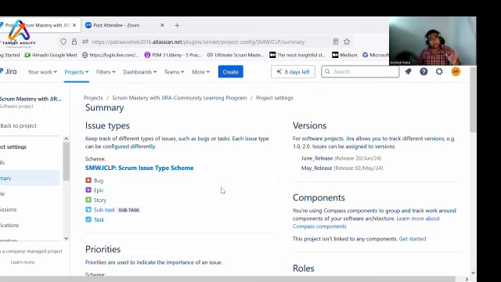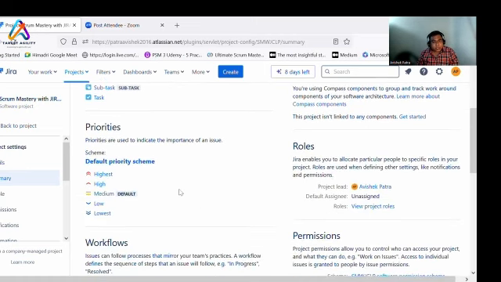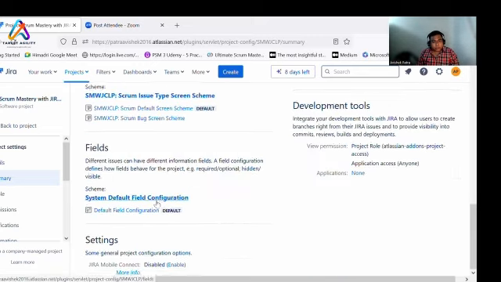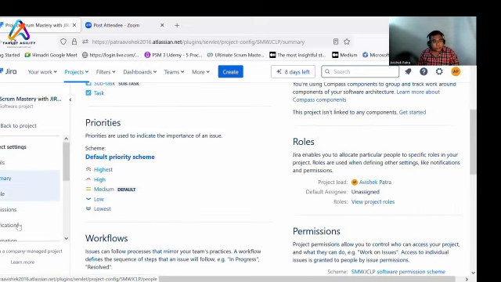Then there is the six step software development workflow style, and also a nine step software development workflow style. I will explain it in a later session. Then you can set the priorities of your issue types: highest, high, medium, low, and lowest. Default priority is medium. Every work will be set as medium, then you can change the priority. Okay, so not much to look into here.